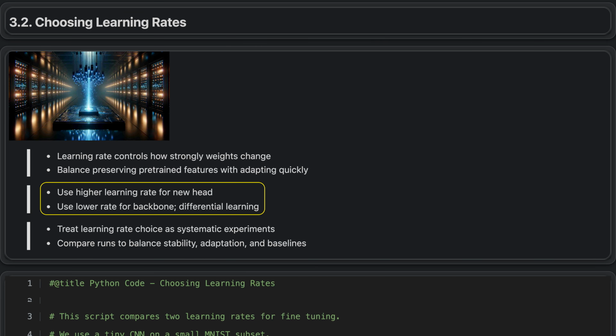When fine-tuning a model, it is often useful to use different learning rates for the pre-trained backbone and the new classification head. The new head starts with random weights, so a higher learning rate helps it quickly learn task-specific decision boundaries. In contrast, the backbone already encodes useful features, so it should use a lower learning rate to avoid overwriting what it has learned too aggressively. This strategy, called differential learning rates, allows the backbone to adapt gently while the new head learns the details of